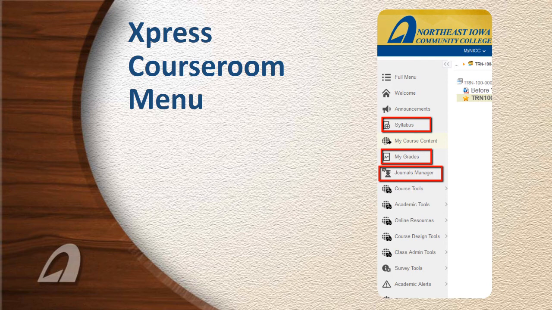The Journal tool in the Xpress Course Room is where you can communicate privately with your instructor in a message board format. Some instructors prefer email communication, while others will only communicate with the Journal tool. Your instructor will alert you to any specifics on communication and the information he or she plans to post to